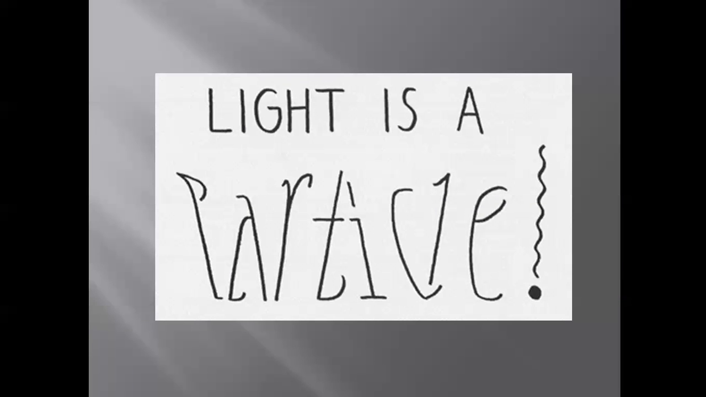is this fun little picture here. Now take a look at that a second and see what you think it says. Now if you said light is a wave, you are correct. If this is a W right here. But if you said light is a particle, you are also correct, because that there could be a P, A,